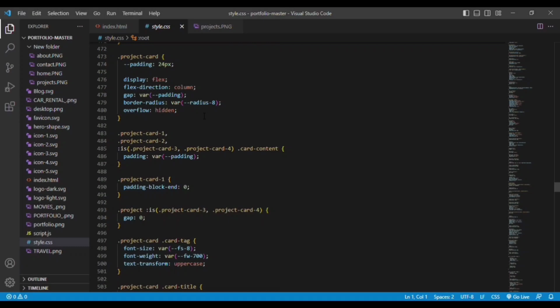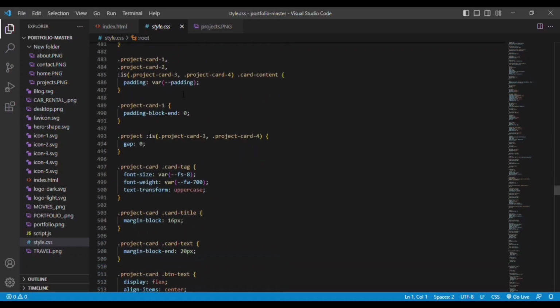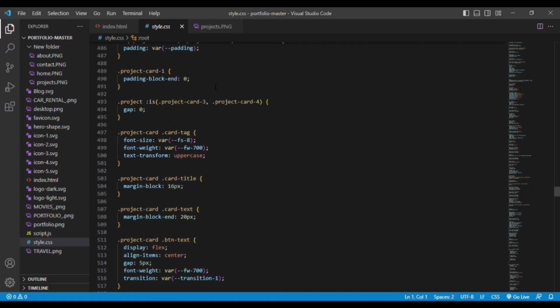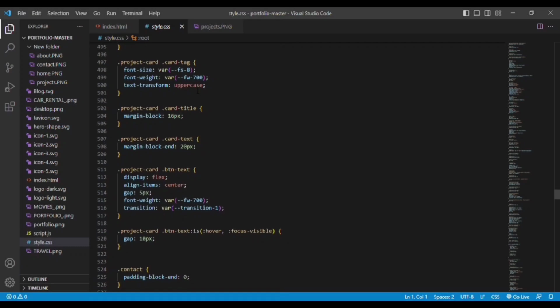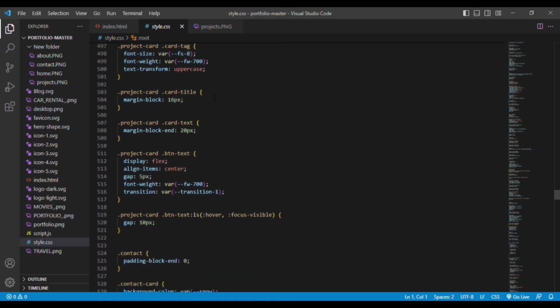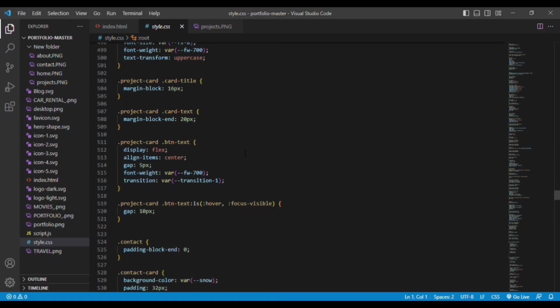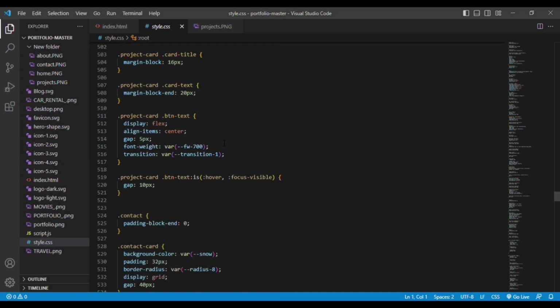And for each and every card, that is for card 1 and card 2, we are adding padding, and for card 1 padding block end is 0, and for the project gap is 0. And card tag, card title, we are adding the margin and font values to it. You can see that next we have the project button text. For that we are adding display flex, align items is center, gap is 5 pixel, font size and transition is given to it. For the button,